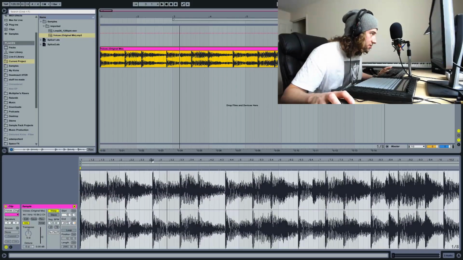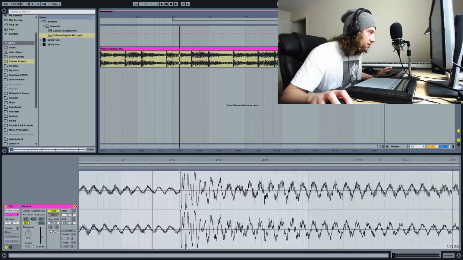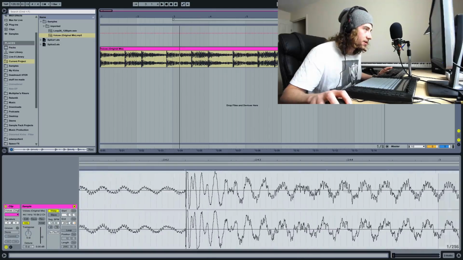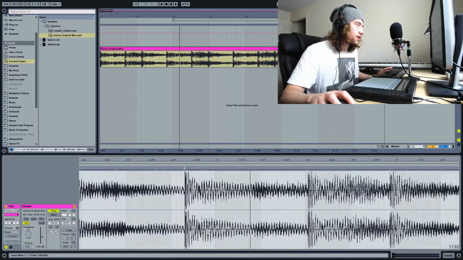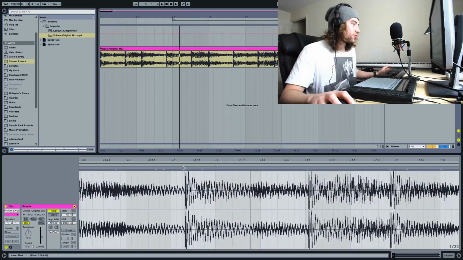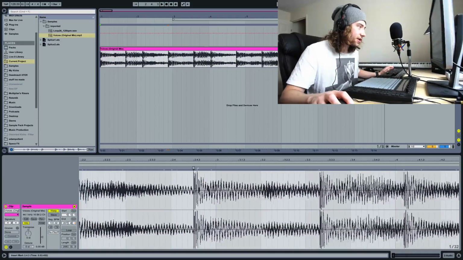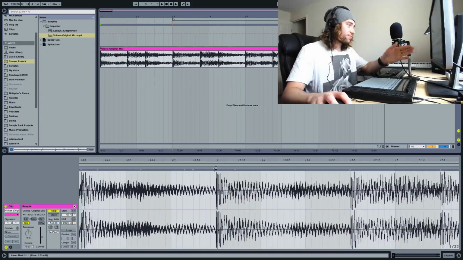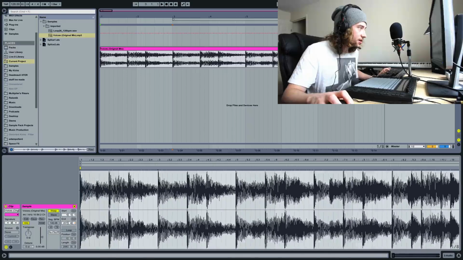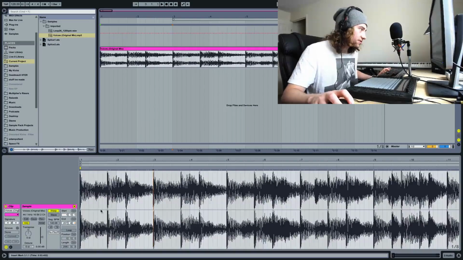So what we need to do is we need to zoom in, find that transient. So we will zoom right in to maybe say around here. That warp marker is in a good enough position. And then we will hover our mouse over that pseudo warp marker, and then we will simply click and drag. So we haven't actually inserted a warp marker, but we're just clicking and dragging it to the start of the third bar. And now what it's done is, because we know that first section was looped and we play it through,